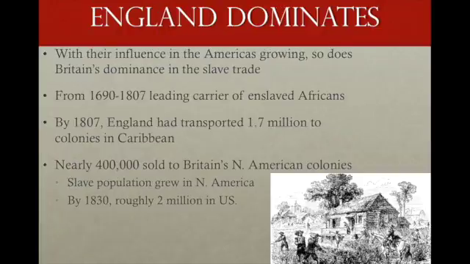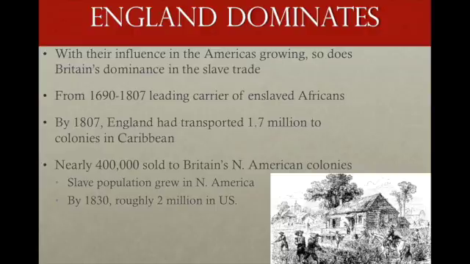Eventually, though, England starts to dominate the slave trade. So, with their influence in the Americas growing, so does Britain's dominance of the slave trade. From 1690 to 1807, they become the leading carrier of enslaved Africans. So, it started off with the Spanish, then kind of goes to the Portuguese, but then eventually the British take